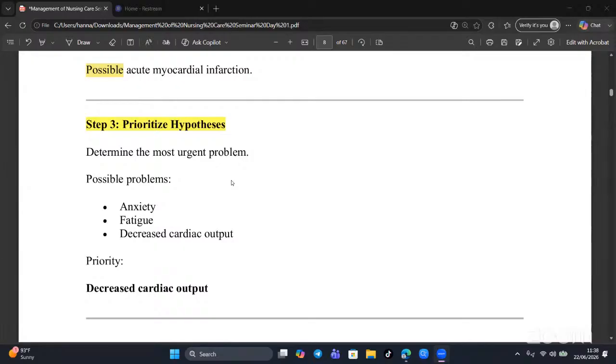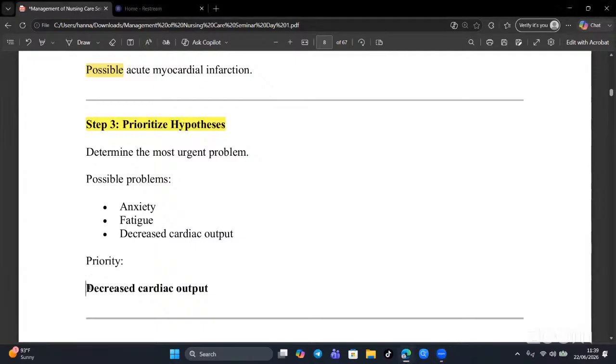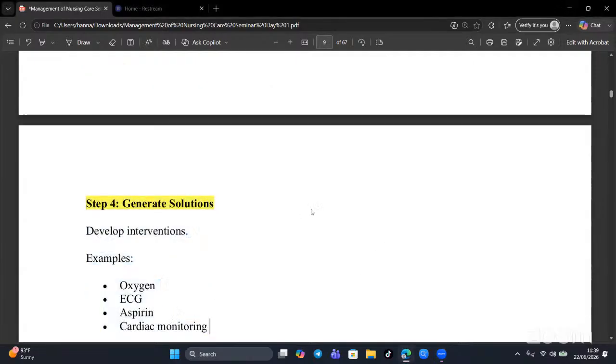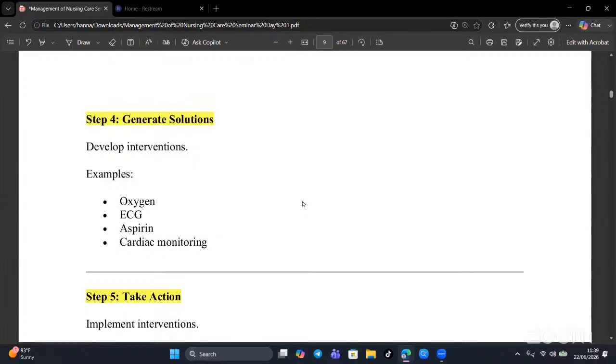Decreased cardiac output will give you the clue that this person can be having heart failure, or any heart condition or cardiovascular condition. That is why anxiety is there, fatigue is there, it is a problem. But let me prioritize the hypothesis. Decreased cardiac output. Once you prioritize this, then you come out with a plan, a